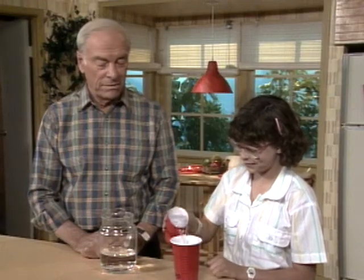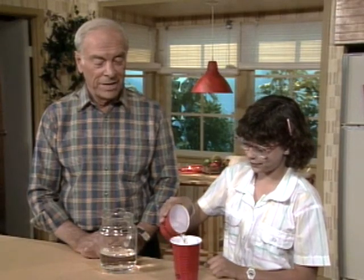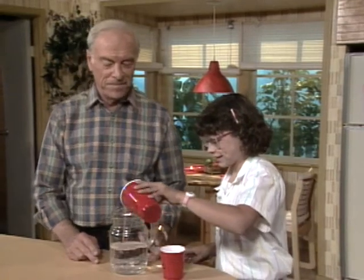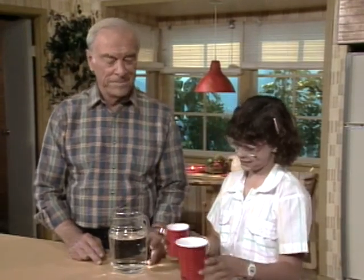But it won't fit. Why not? Because this one only holds 500 milliliters, and when I pour this one in again, it'll be 600 milliliters. Okay, so fill it up anyway. Okay. And when you take 500 away from 600, you're left with the extra 100. Okay, now do you know what to do? Yes. You pour this one back in here. All right. Then I pour the 100 milliliters into this one,